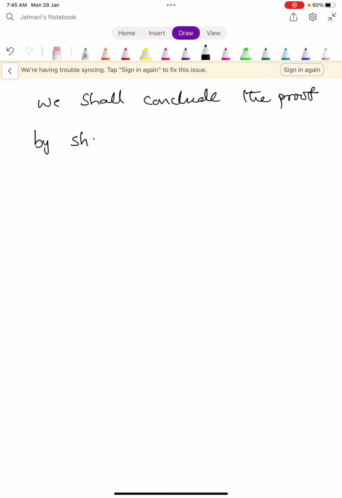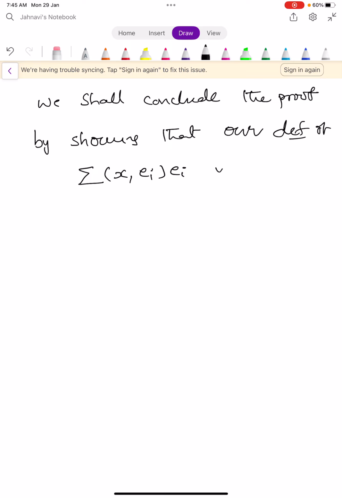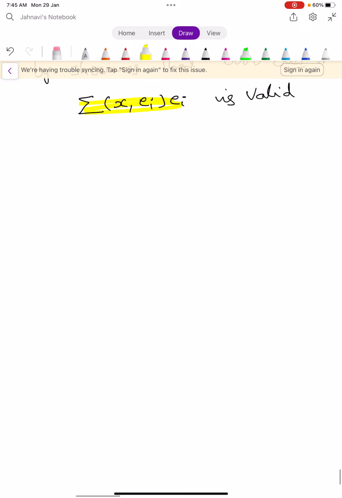We shall conclude the proof by showing that our definition of the summation of the inner product of x comma ei into ei is valid. We proved that the required condition, that the element is perpendicular to ej, holds, but we also have to show that our definition of this summation x comma ei into ei is valid. So finally, to prove this,